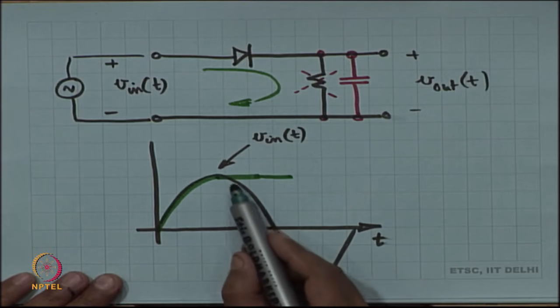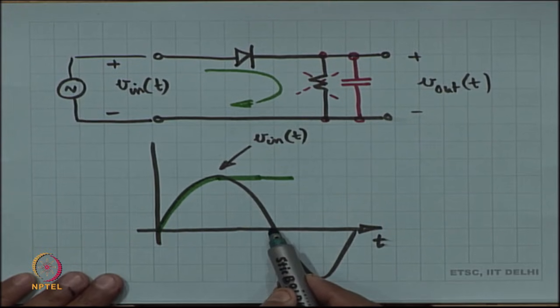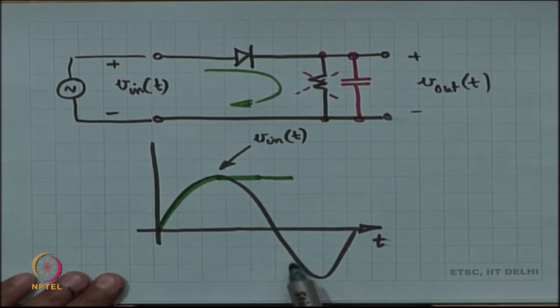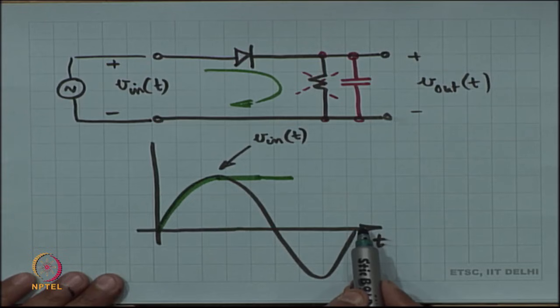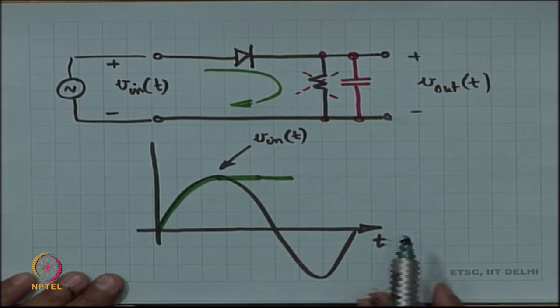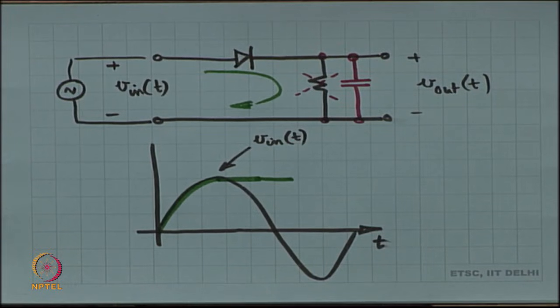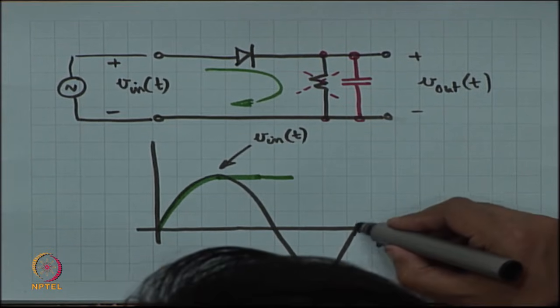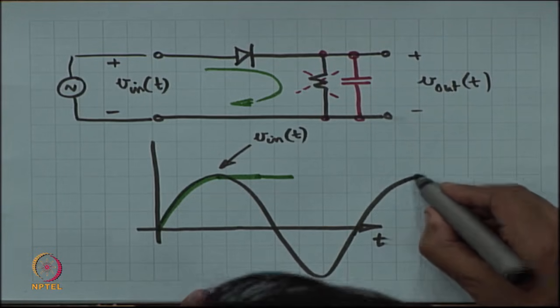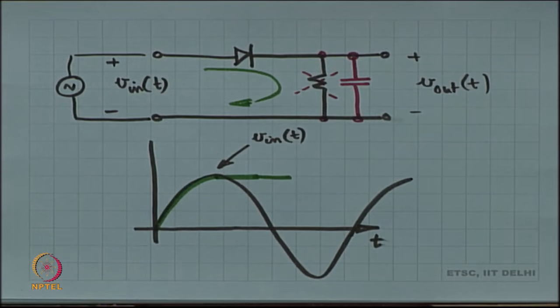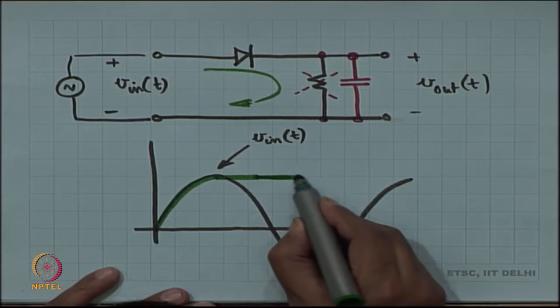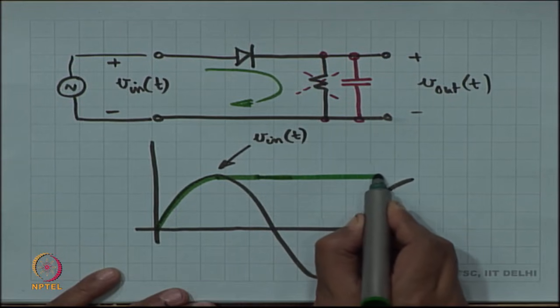No current all the way in the discharge path, and during this half cycle there is no current anyway because the diode is reverse biased, which means that the next time this voltage comes back up, there is an opportunity for the capacitor to charge. Maybe it might charge if it has reason to. So, this voltage is going to continue to be held,